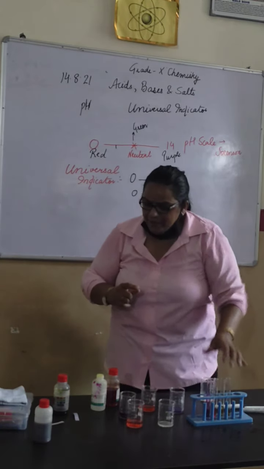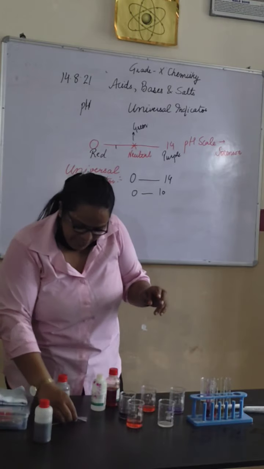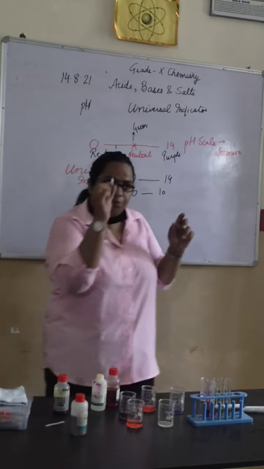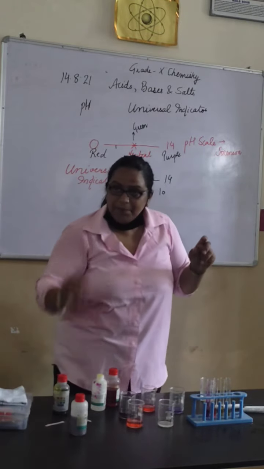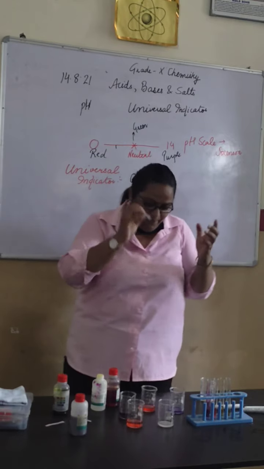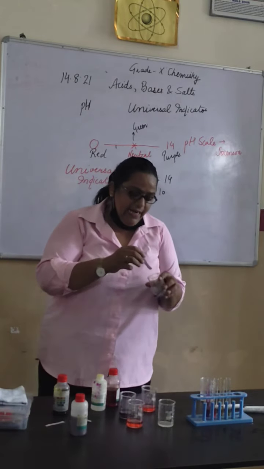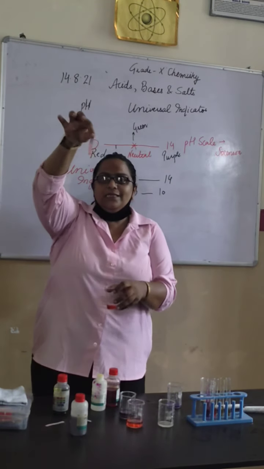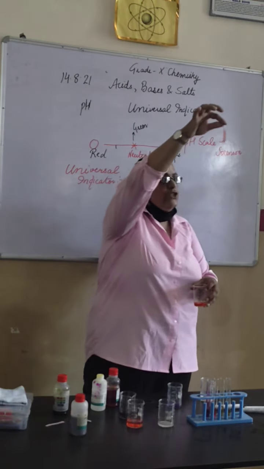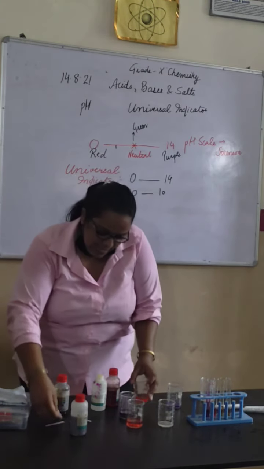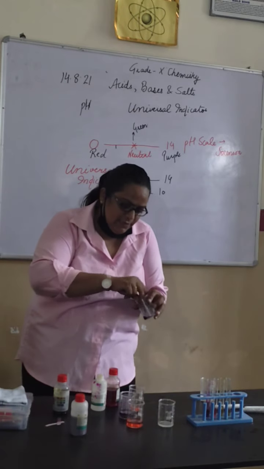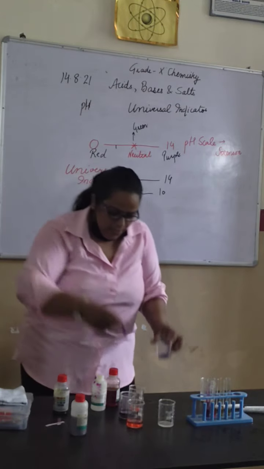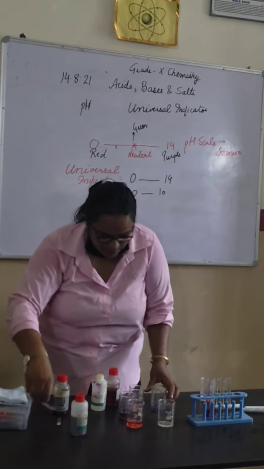Okay. Now I will show you the pH strip test. Fine. See, we have blue litmus solution also, and we have pH paper also. So this is your blue litmus paper. Blue litmus will turn red in acid. So first I will take acid. Can you see the change in color? Yes, ma'am. Blue litmus changes to red in acid. And if I take base, it will remain blue.